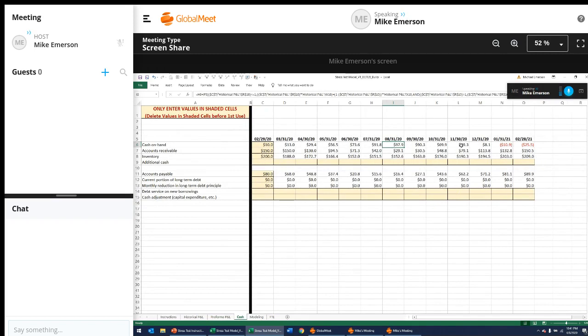We're going to run out of cash, not at the bottom, right? When things are the worst, that's when we're going to be flush with cash. Considering we started with 10, and we're going to be close to $100 here because our receivables are going to be microscopic. We're going to have a lot less inventory, and we're going to be paying our vendors not $80